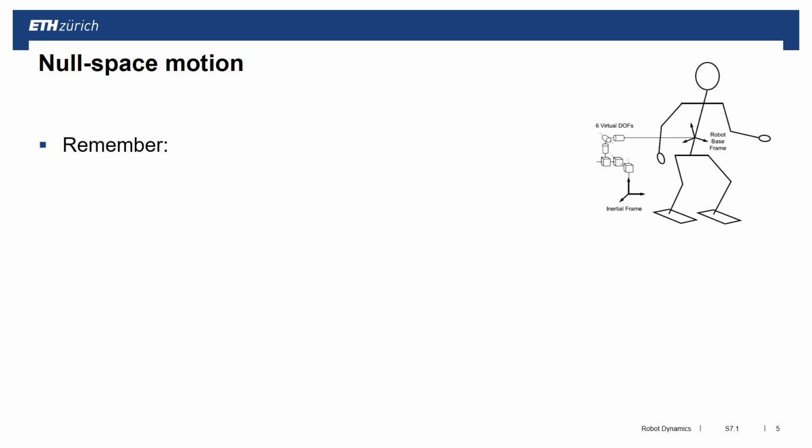Now, given these contact constraints, which for example tell us that these feet are not allowed to move, we of course can still move the system, so it doesn't constrain everything. To see how the system can move while ensuring these contact constraints, we have to look at the null space projection matrix, similar to what we did in the earlier kinematic sessions. If I look at my contact point, r_C, and I know that this contact point has 0 velocity, so r_C dot equal to 0, we write this as J_C times q dot. We can then solve this for q dot